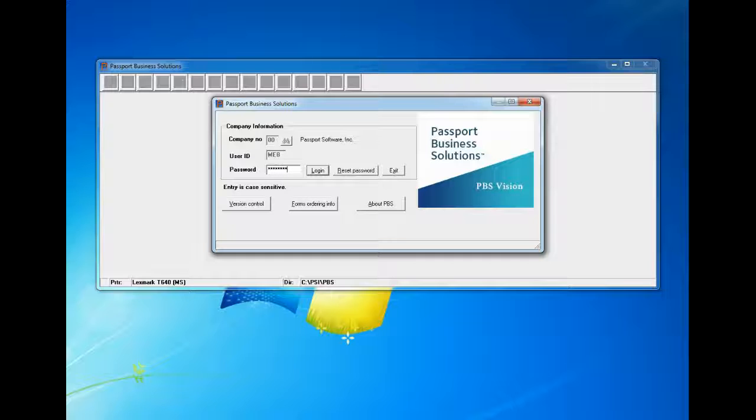On this screen, you can also put in a new password. You can reset your own password for Passport right here. The requirements are pretty straightforward. You either have to use mixed upper and lower case alphabetic or mixed alphabetic and numeric. There isn't any real stringent requirements. It can be from 6 to 10 characters long, no more, no less. But for now, we're going to log in,